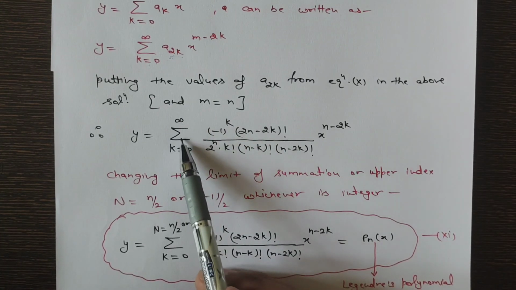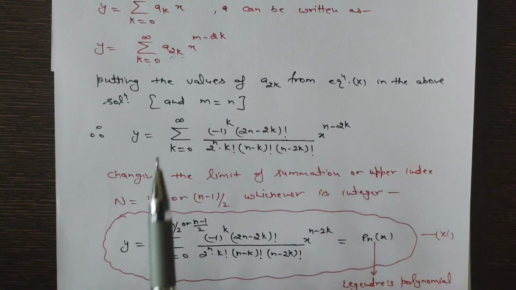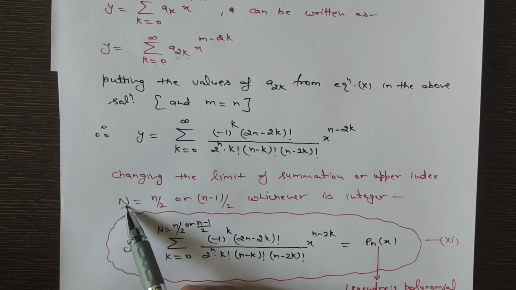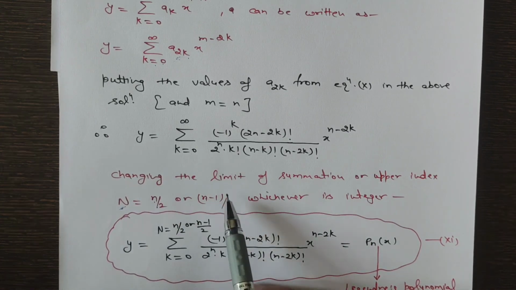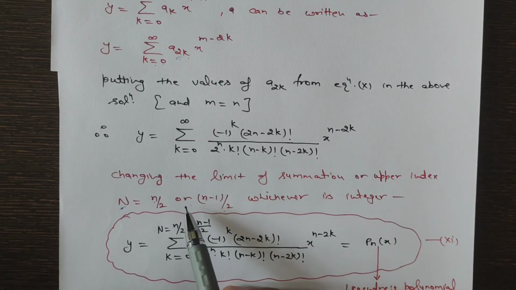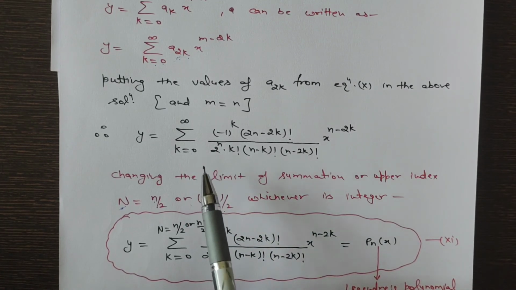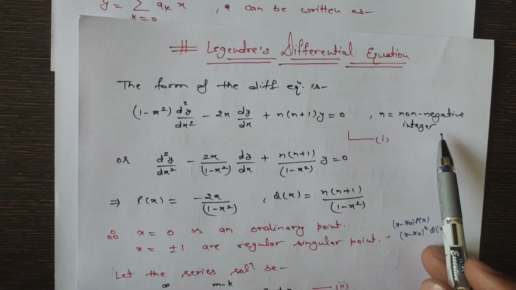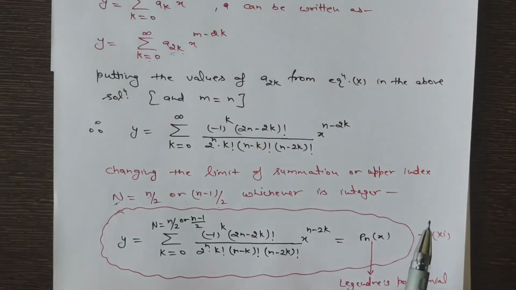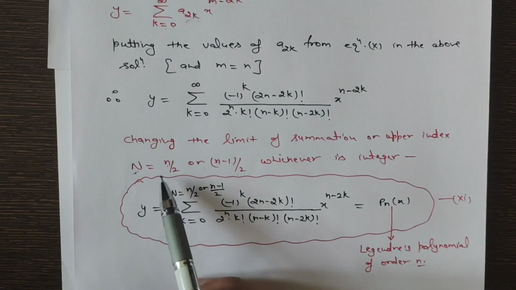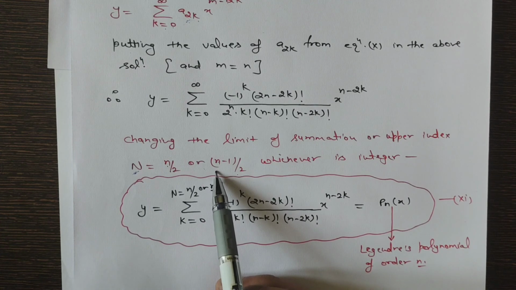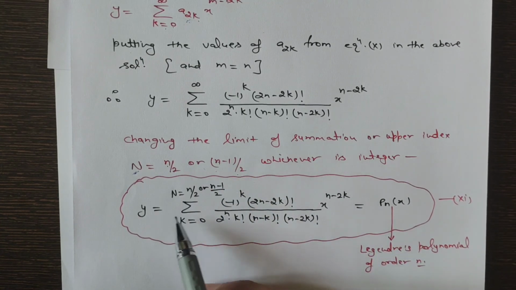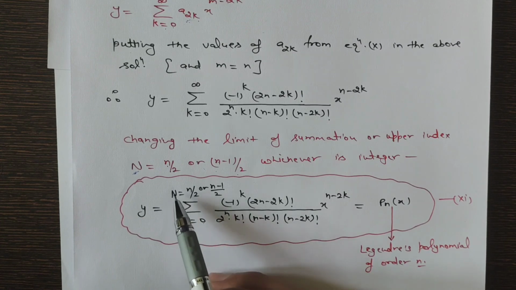For this we have to replace the upper limit of summation with some finite value denoted as capital N, and this capital N will be either n by 2 or n minus 1 by 2, whichever value gives us the integer value, because the order n in the earlier assumed differential equation is a non-negative integer, so it can be odd or even. So depending on the value of n, this capital N will be either n by 2 or n minus 1 by 2. So after this simplification, y will be summation over k starting from 0 up to capital N,